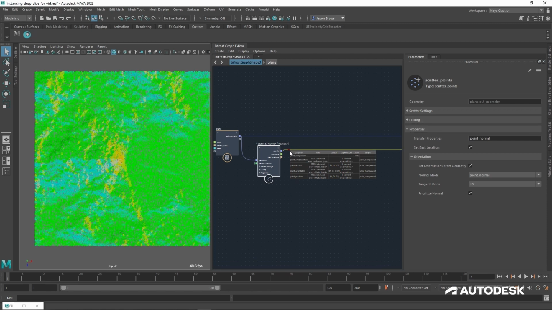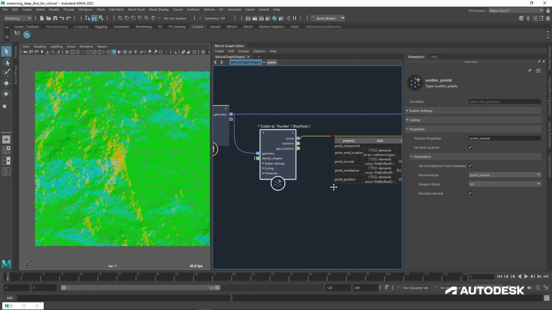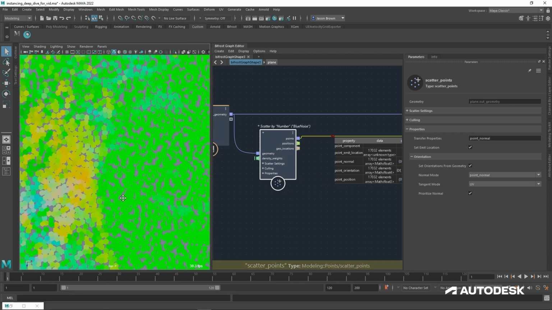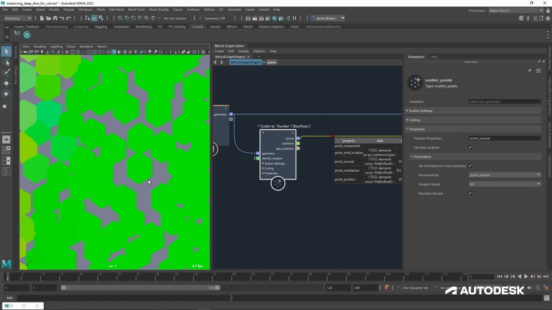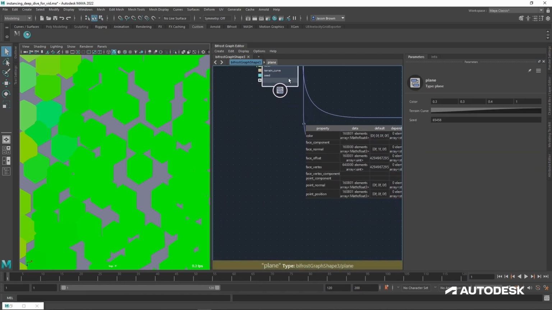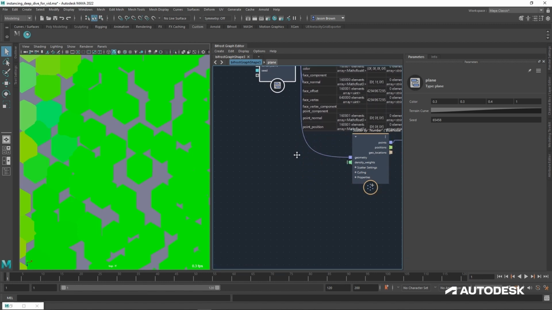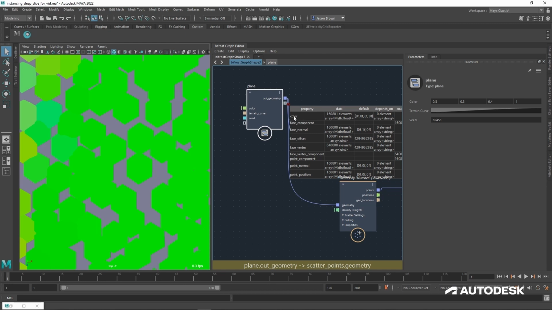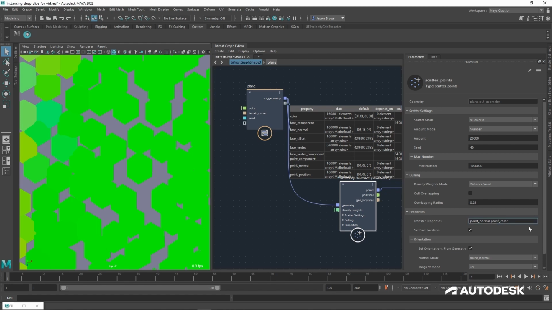Properties. Properties is important. What the properties are doing is that it's scattering a point at a location. Let's pick a point. Let's pick this one. So when it scatters this point, it checks their location on the object that you're scattering on. And at this point, it's picking up the point normal of it. I can add more to this list. I can put in point color, because I happen to know, just to put a watch point down to see what attributes are coming out of my plane mesh. I got that wrong, I'm sorry. I have a color, but I have a point normal as well. So let's change that point color to just color.